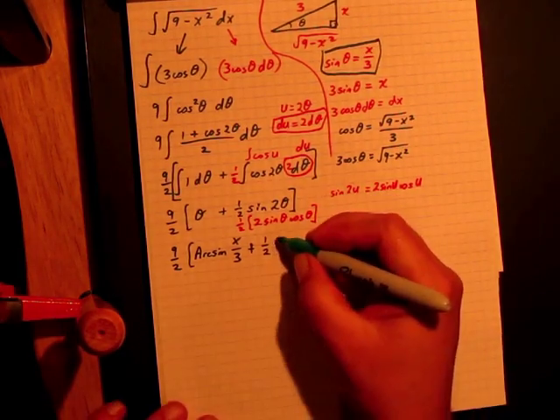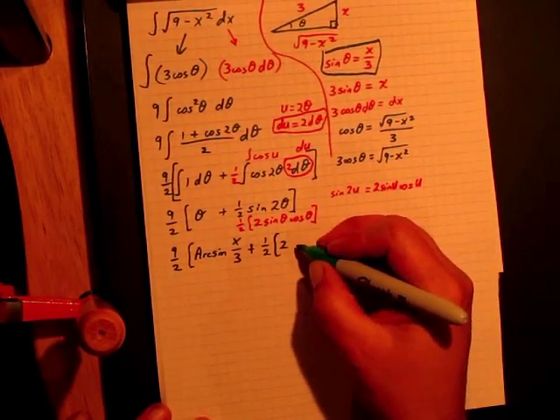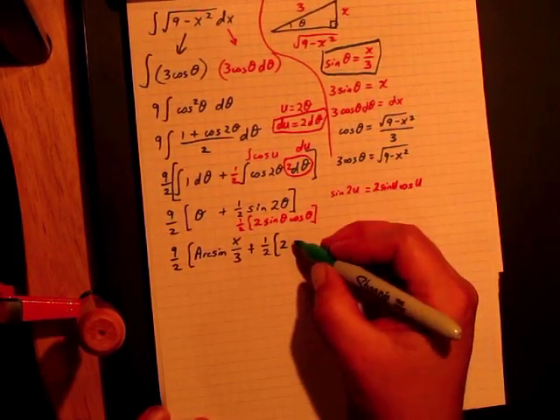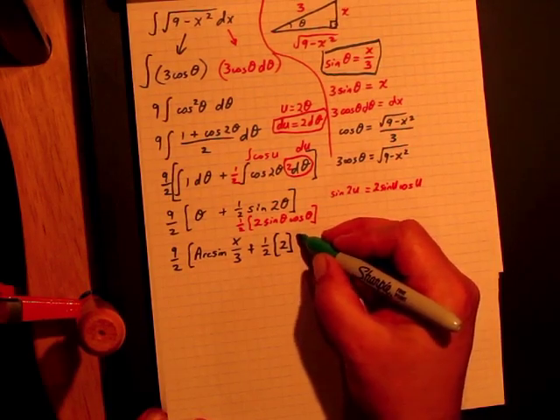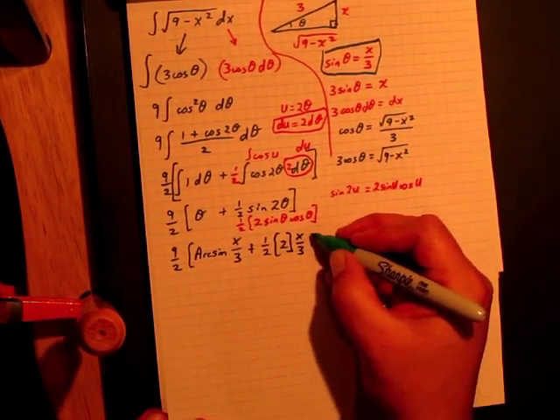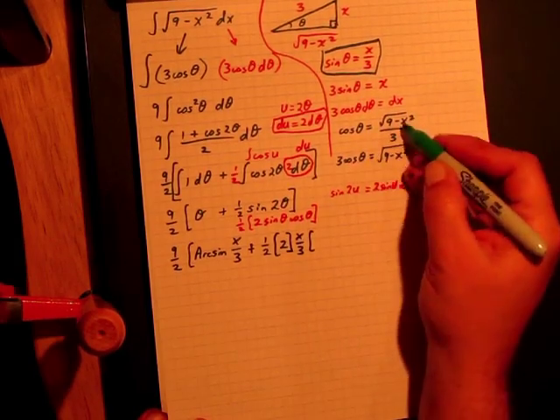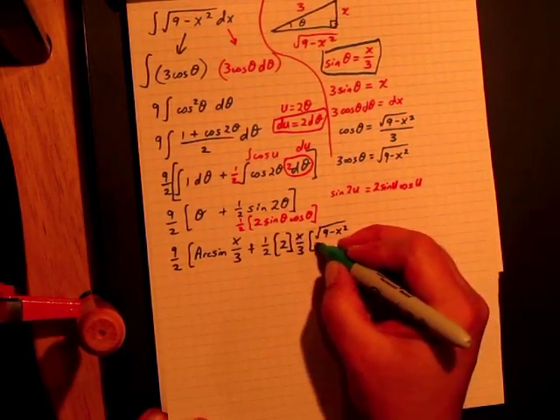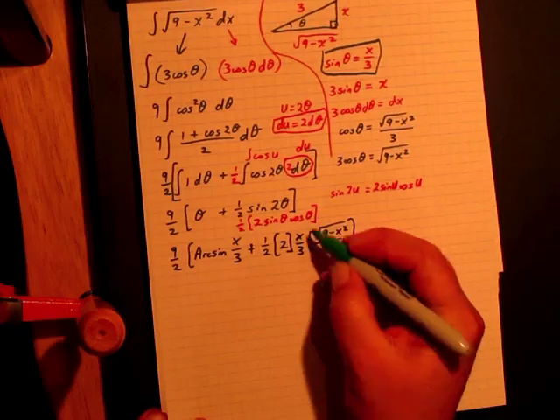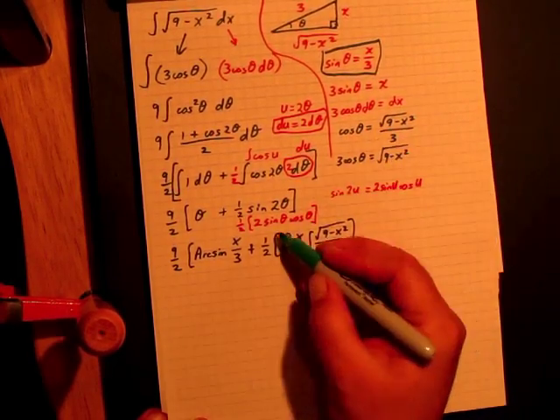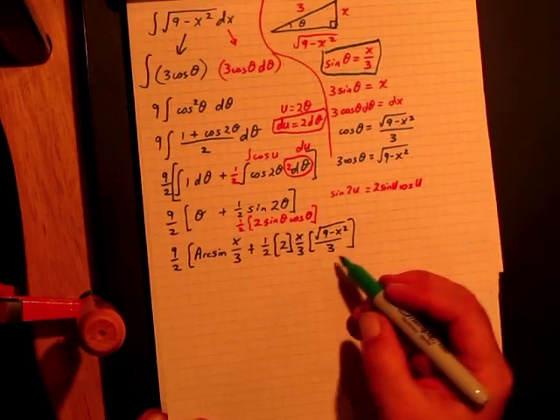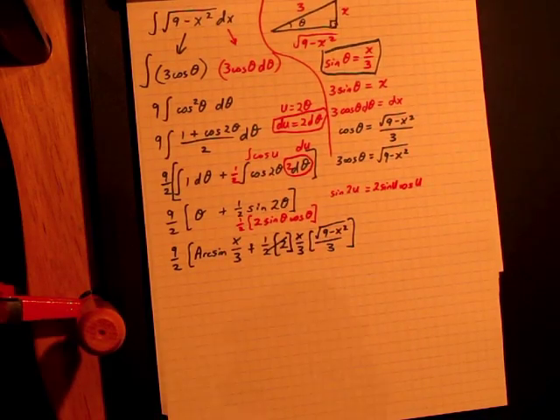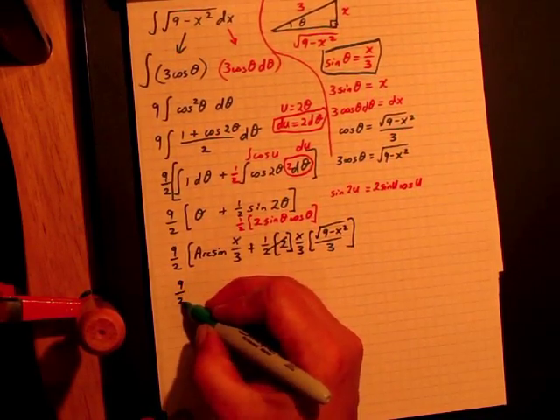So if I was to replace this here, sine theta I know is x over 3, and cosine of theta I have as the square root of 9 minus x squared, also over 3. So I replace the cosine and I replace the sine. The 2 and the 1/2 will cancel, leaving me with 9/2